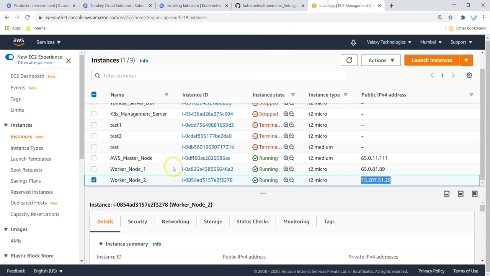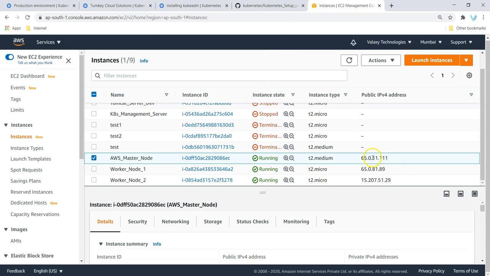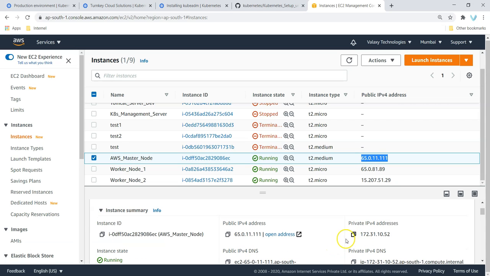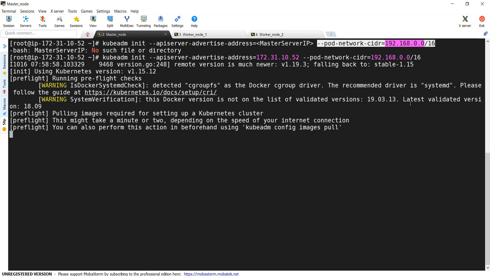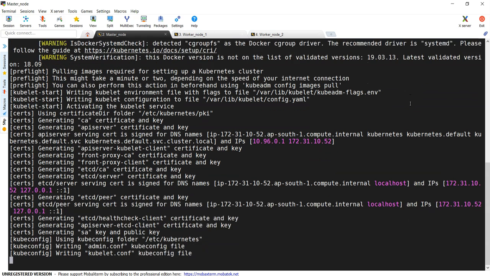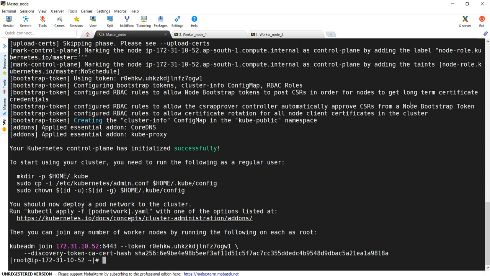If I go to my AWS console, my master server IP address is this one, right? But don't give the public IP because the public IP keeps on changing. So use the private IP address, followed by our pod network. Alright, we have initialized our Kubernetes cluster, and you can see here, to start using your cluster, you need to